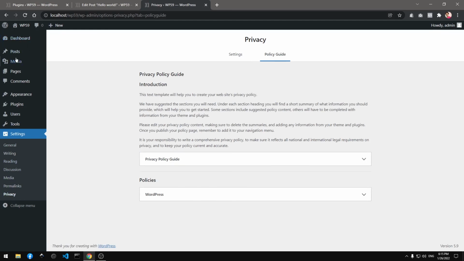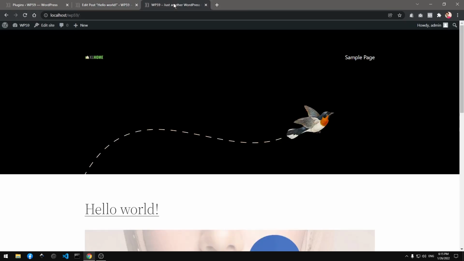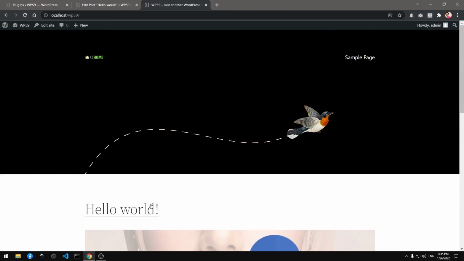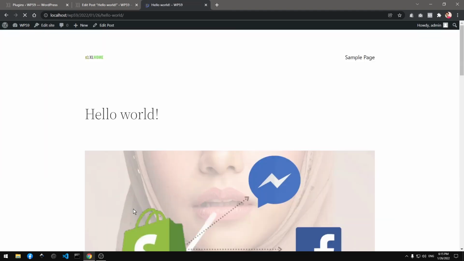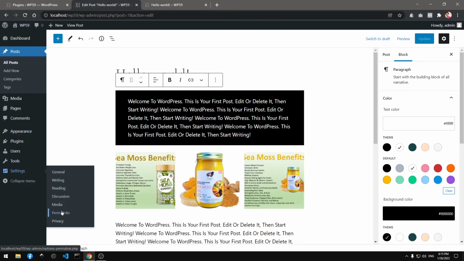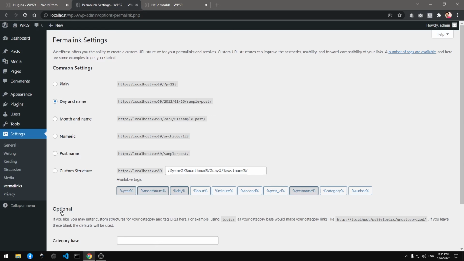Alright guys, so this is a quick look at WordPress 5.9 with this 2022 theme. I will make more videos on WordPress 5.9 with this particular theme, which is 2022,